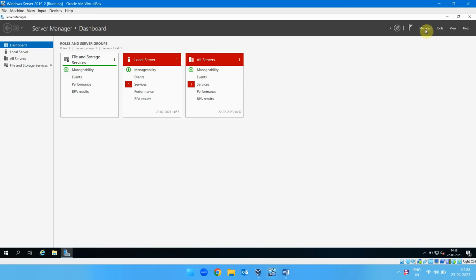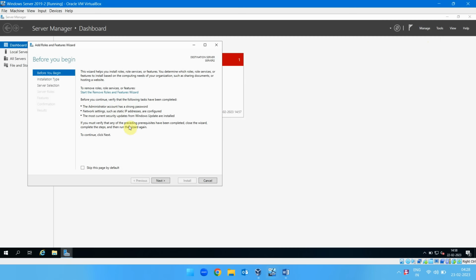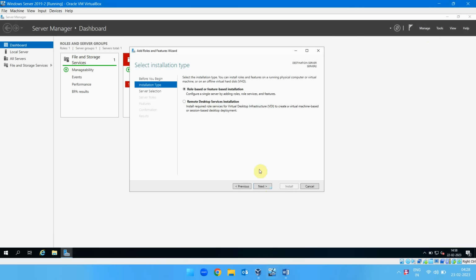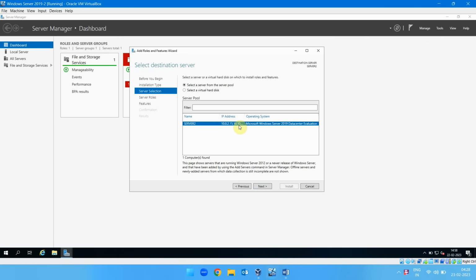Let's configure Always On high availability on SQL Server 2019. First step is to install the software. So click on Tools and Add Roles and Features Wizard. Under the Roles and Features Wizard, click on Next,